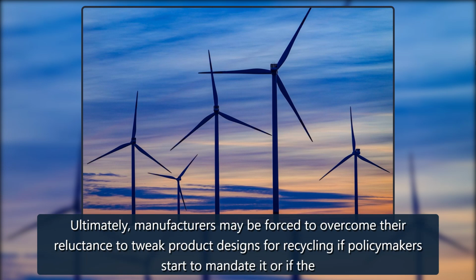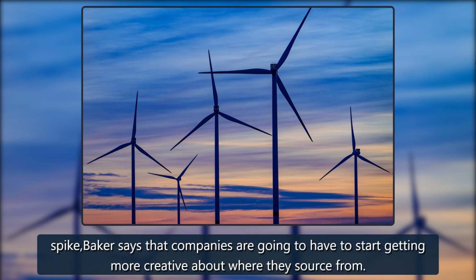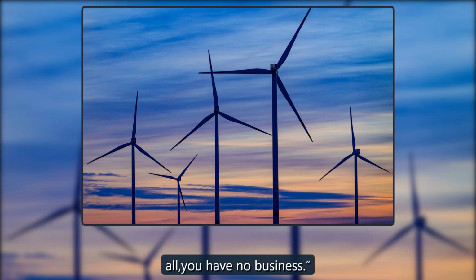Ultimately, manufacturers may be forced to overcome their reluctance to tweak product designs for recycling if policymakers start to mandate it, or if the world faces shortages of the metals and minerals needed to build these technologies, as the clean energy transition causes demand for high-tech metals to spike. Baker says that companies are going to have to start getting more creative about where they source from. If you can get a resource but it's a really high price, that's bad, but you can pass the price on to the consumer, Baker says. If you can't get it at all, you have no business